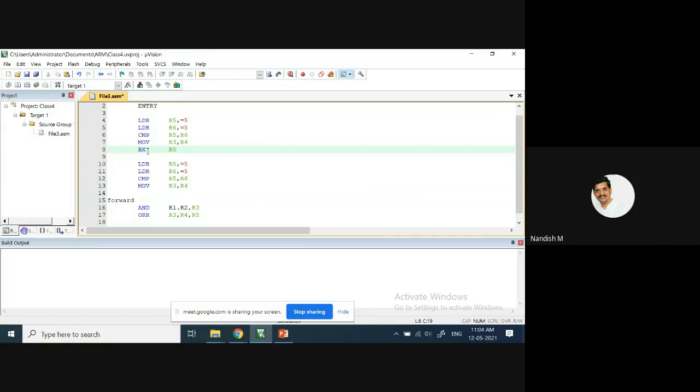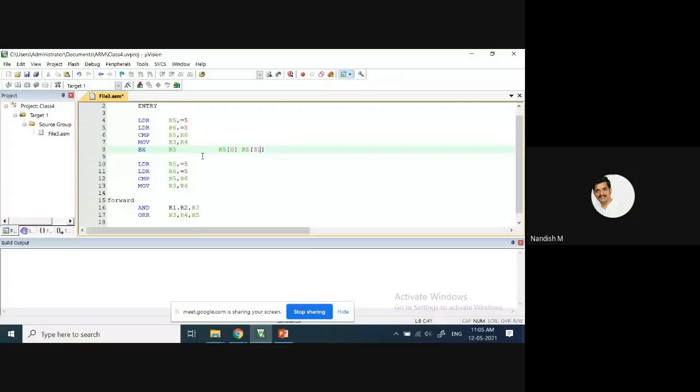How the thumb state is going to be decided: in this register R5, there is a lower order bit, the R5 zeroth position. Since this is 32 bits, R5 has bits 0 to 31.